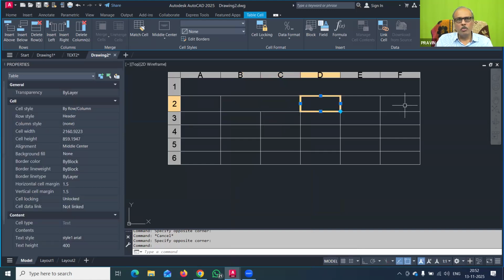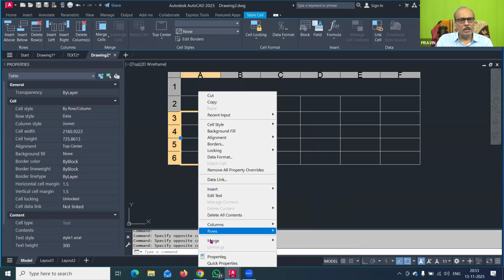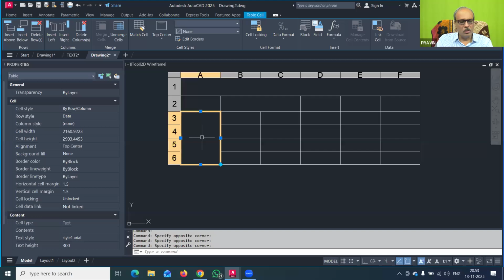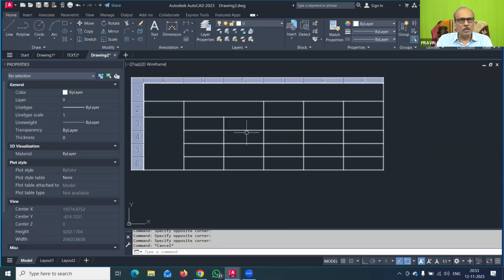Similarly, suppose you want to merge all of this, this complete column you want to merge. You can just select that, or suppose I have selected 3, then right click, and in the right click you have to click on merge all. So you can see that this was merged. So in this way, like in a word editor, as we use tables in MS Word, the same things are now available by using the right-click menu. So in the table editing commands, the right click is very important.